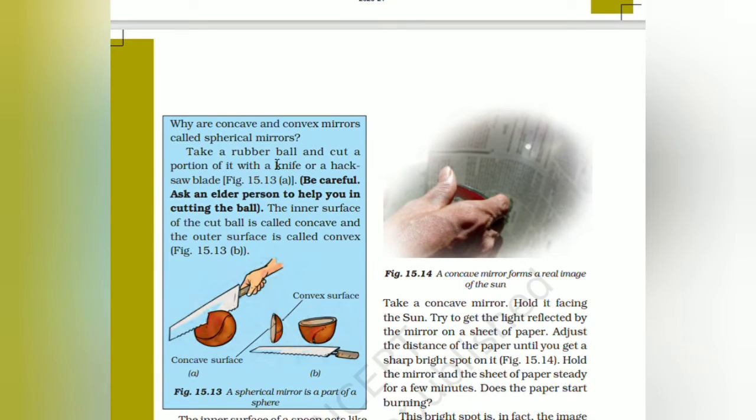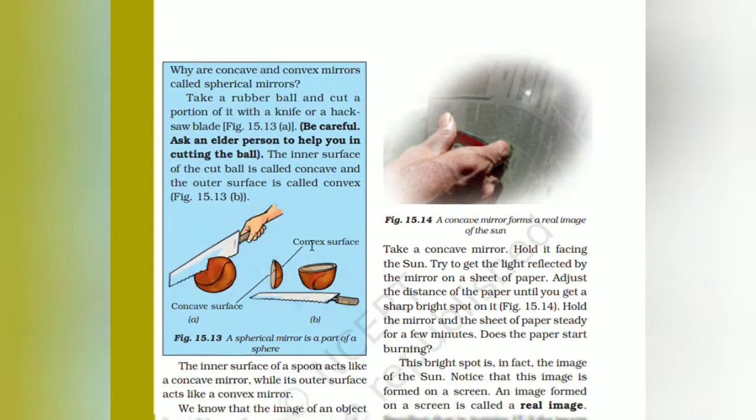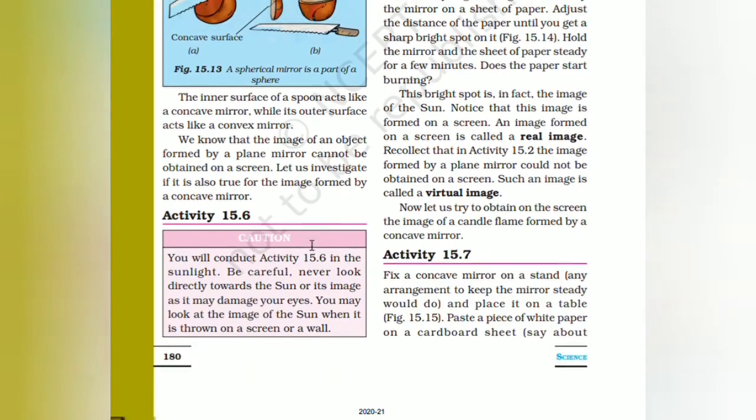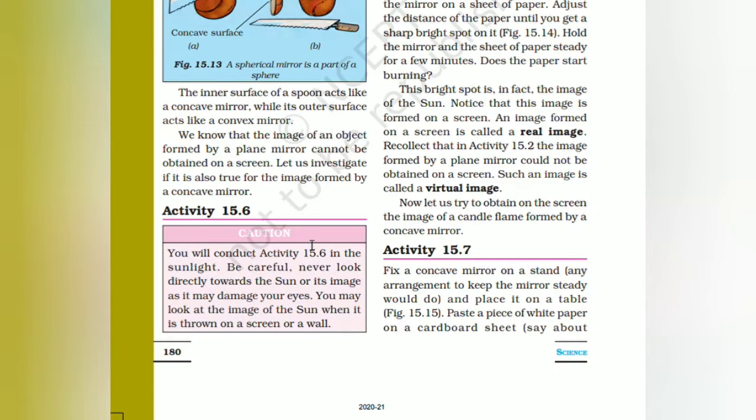Why are concave and convex mirrors called spherical mirrors? Take a rubber ball and cut a portion of it with a knife or a hacksaw blade. The inner surface of the cut ball is called concave and the outer surface is called convex. The inner surface of a spoon acts as a concave mirror while the outer surface acts as a